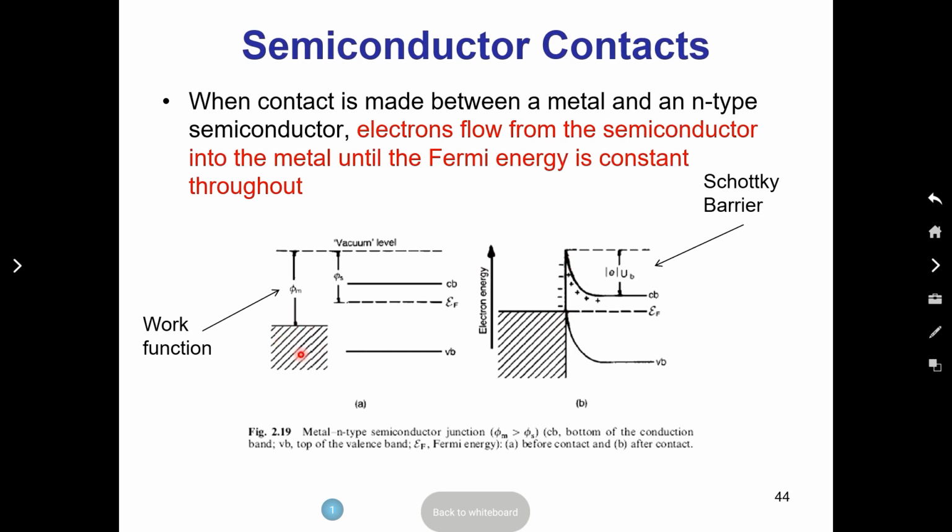What happens is you choose a metal with a work function larger than the Fermi energy level of your oxide. Electrons will actually transfer from the oxide to the metal. And that redistribution of charge will create this barrier. So this creates a Schottky barrier. And so if you set a metal contact on your sample,